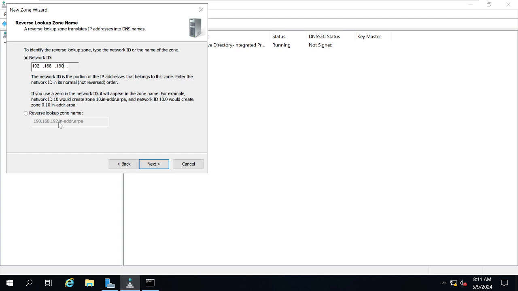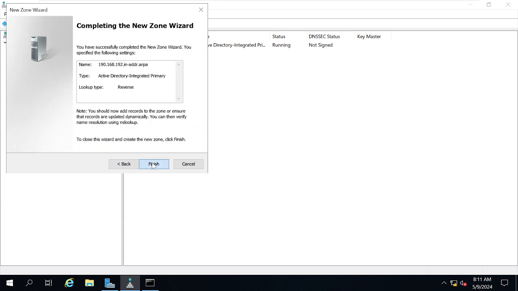It is called a reverse lookup zone because this resolution happens in the reverse order. That is the reason as soon as I type 192.168.190, it is getting typed as 190.168.192. Okay, fine.